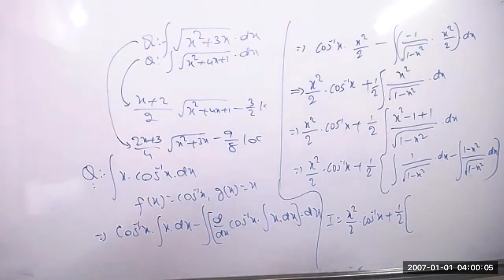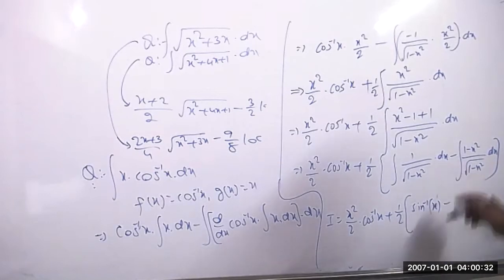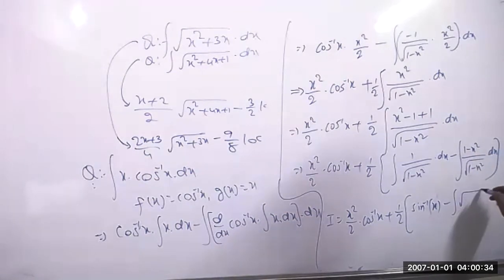Integration of 1 by root of a square minus x square. Please respond. How much? Sin inverse of x by n. So what is sin inverse now? Sin inverse of x equal to, we will get only x. Is it correct now? Only x minus. This is clearly what we will get. Now, integration by rationalization, we can do the rationalization here. Root of 1 minus x square into dx only we will get.